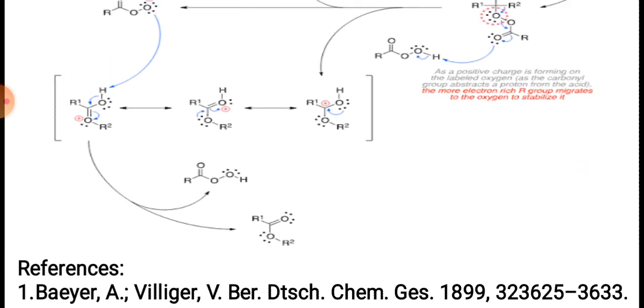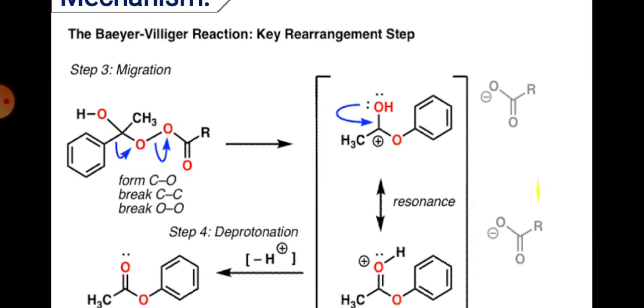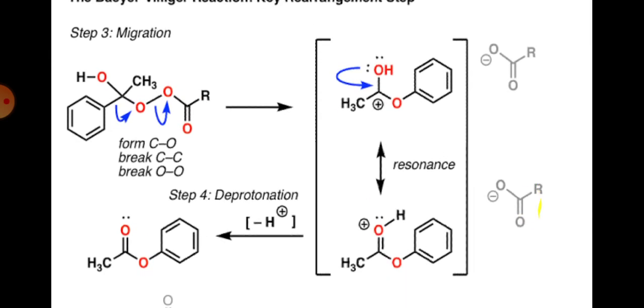So this is the reference for this reaction where I picked this mechanism. Another way, a very simplified way here. So after that, the third step is migration, and finally which leads toward this product now. Okay, a very simple mechanism is given now.